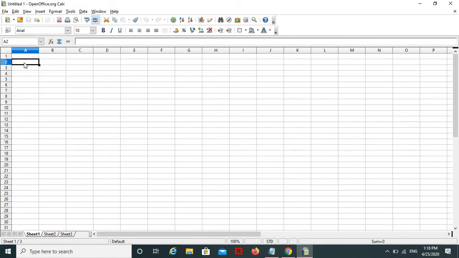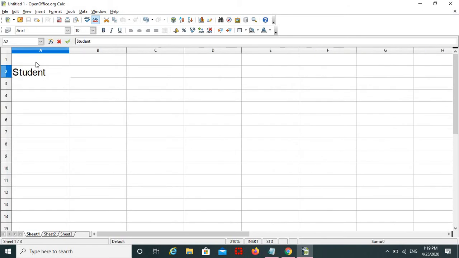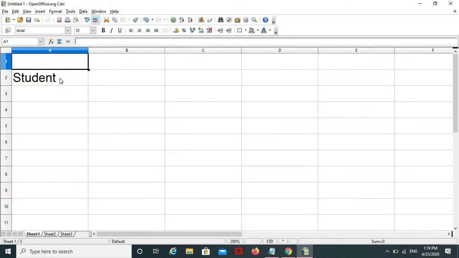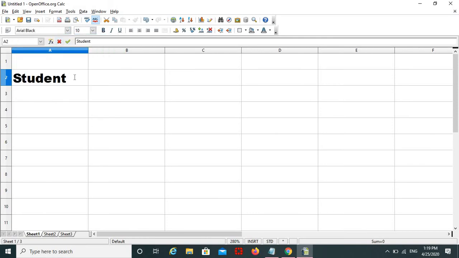For example, see, this name I have to format. Just select it and you can change this. Then you can increase the size. First of all, select it, and by using this you can increase the size.